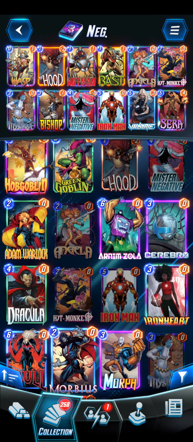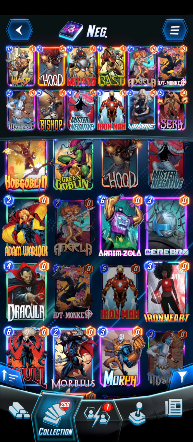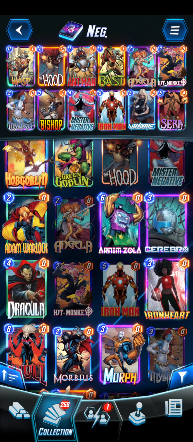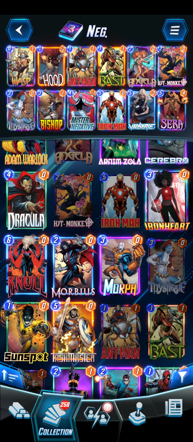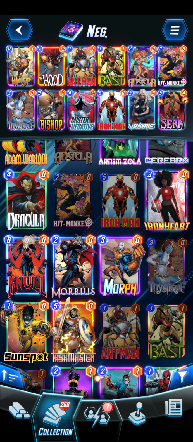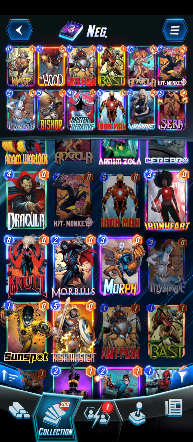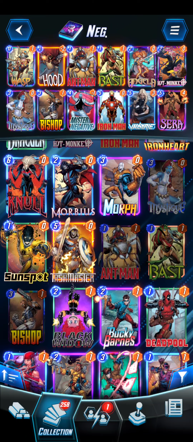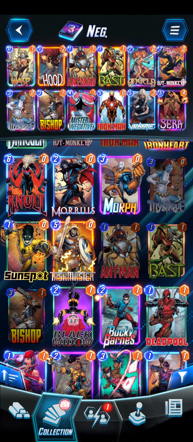Arnim Zola. I've been seeing a lot of Arnim Zola. Have not been seeing any Cerebro decks, which I think, oh yeah, it would just throw it off. Never mind. It would throw it off. I have not seen Dracula either, surprisingly, I guess just because you wouldn't be able to play certain cards anymore, like Apocalypse. I have not seen Taskmaster, but I guess who would bounce up in power? Now you could play